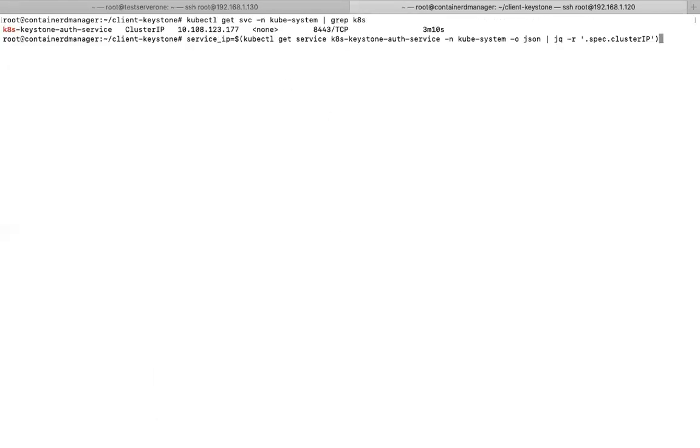Now, we are trying to get the service IP. I can directly copy and save it in this particular service_IP variable itself. I'm using a shortcut command to do that. Now, if you try to see $service, you can see the same IP or not.